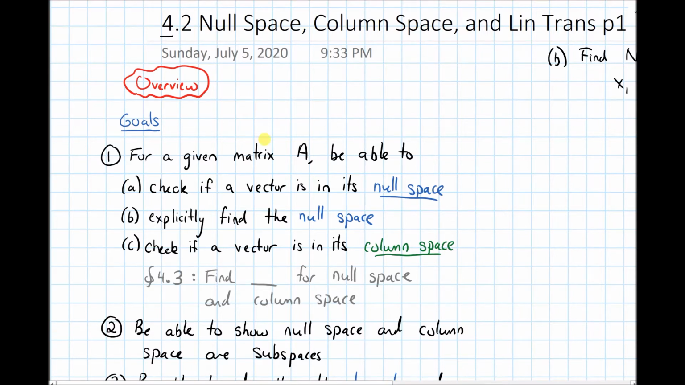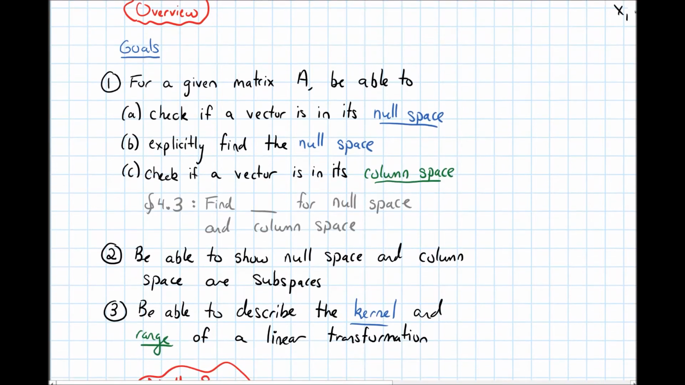Okay, so our goals for this section are going to be to first talk about what the null space and the column space are, but once we do, when we're given some matrix A, to be able to check if a vector is in the null space, and to also explicitly find what the null space is. And as we'll see in the next video, doing those two things aren't really going to be new. This is going to be mostly review from stuff that we've seen, just under the framework of this new